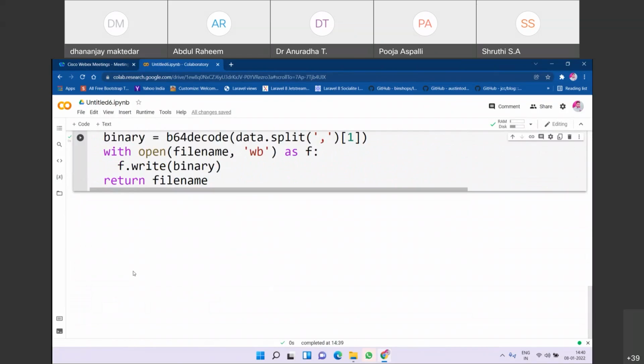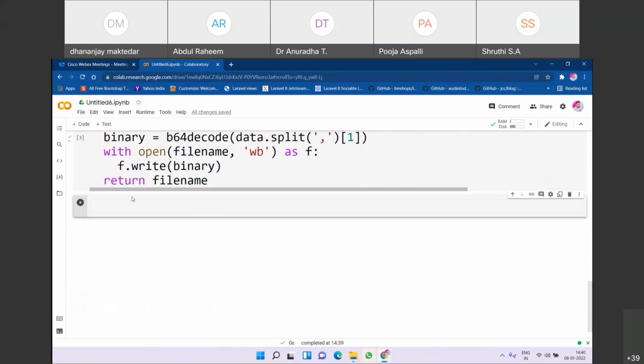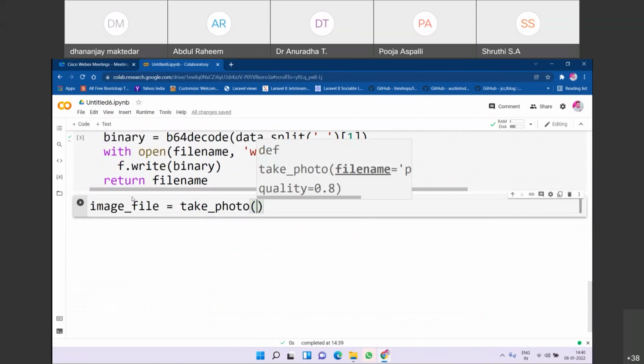And within this we will be adding one more cell where now this is going to fetch the image file. This will take my photo now, take_photo. And if I run this one now,